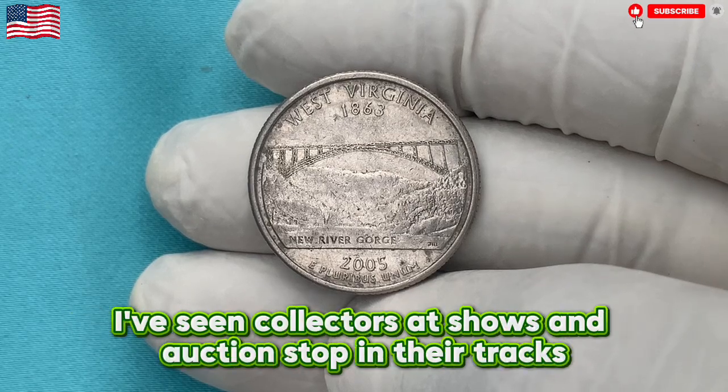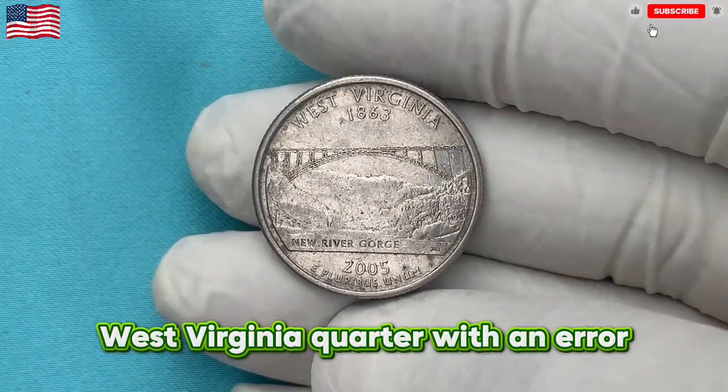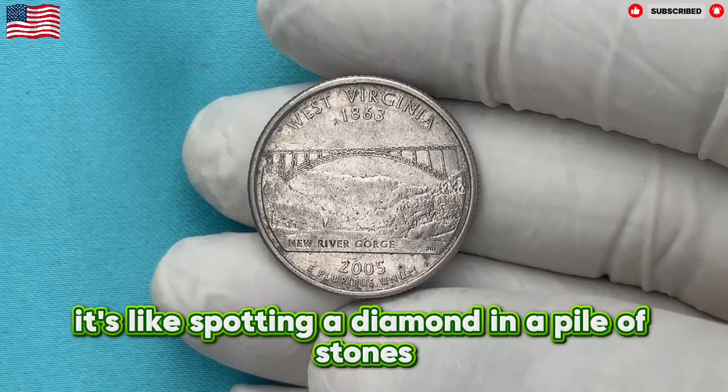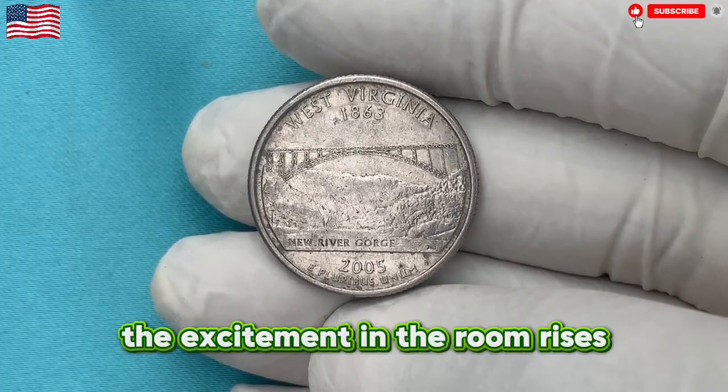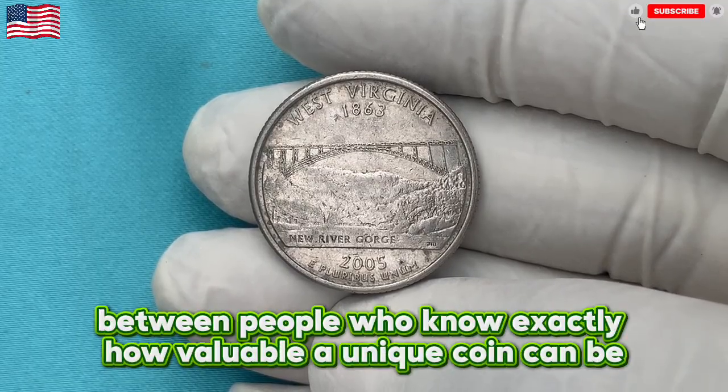acquire. I've seen collectors at shows and auctions stop in their tracks the moment someone pulls out a pristine West Virginia quarter with an error. It's like spotting a diamond in a pile of stones. The excitement in the room rises, and the bidding becomes a battle between people who know exactly how valuable a